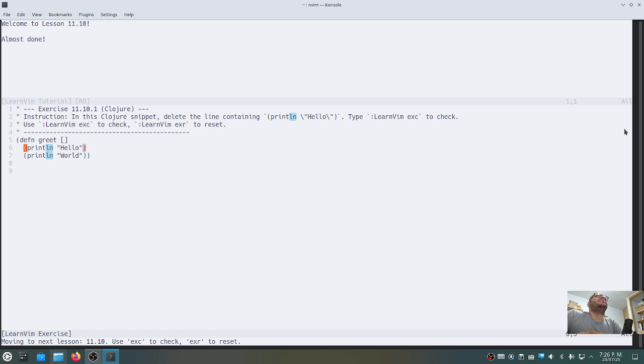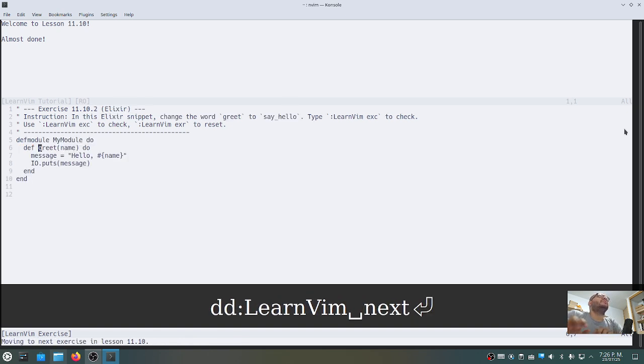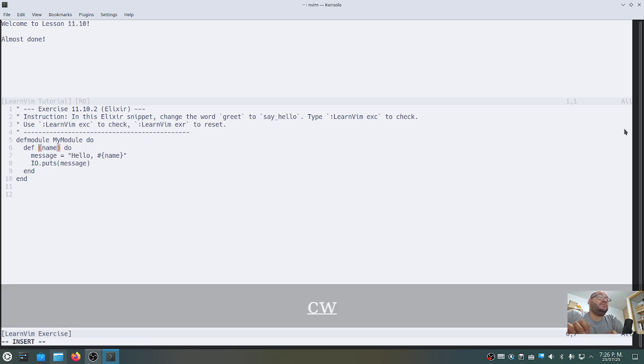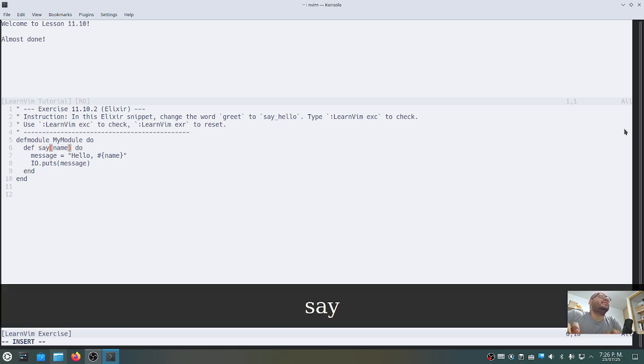Closure, the line containing print hello. DD. I won't do it. Next one, Elixir. Change our grid to say hello. But just the whole thing, because if it's that, CW, without the trick,